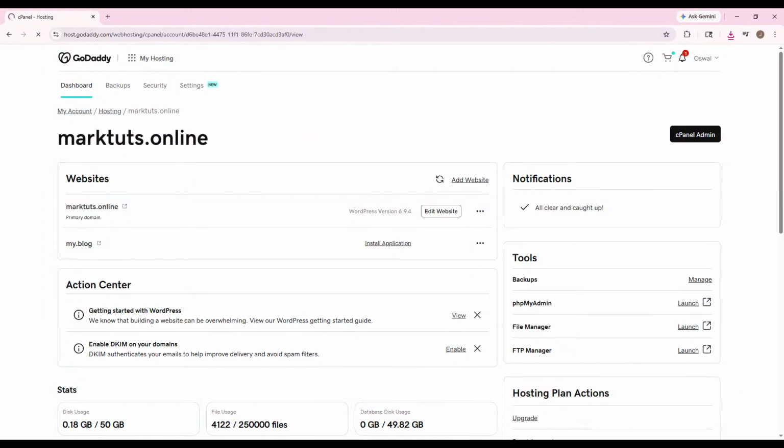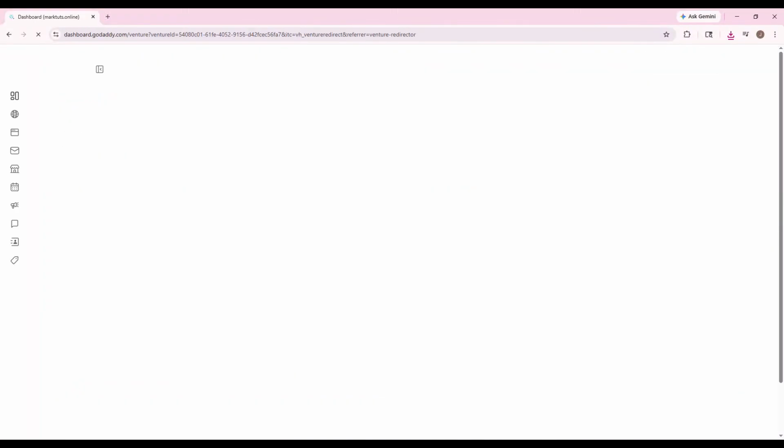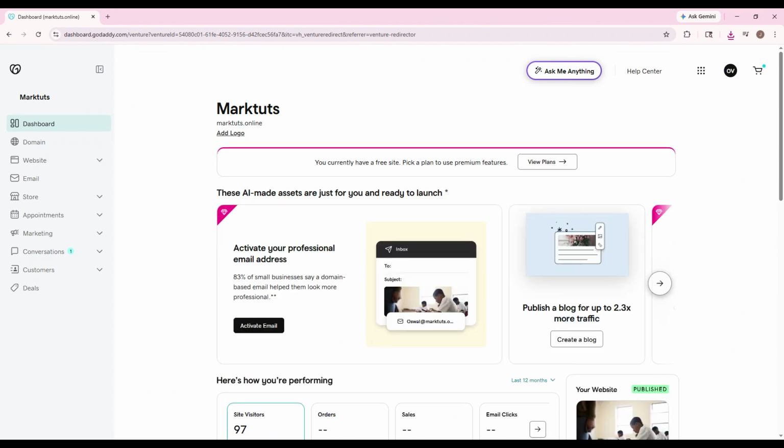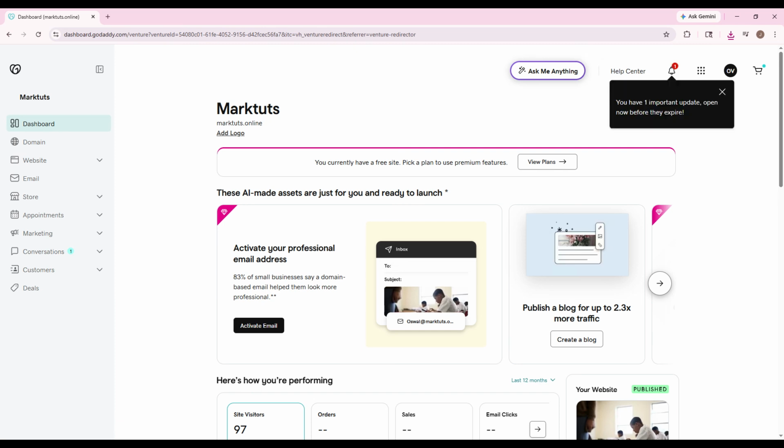In today's video, I'm going to show you how to add a developer to your GoDaddy account with delegate access step by step. This is the easiest way to give someone the access they need without handing over your full login details. It's perfect if you're working with a web developer, a designer, or anyone helping you manage your domain